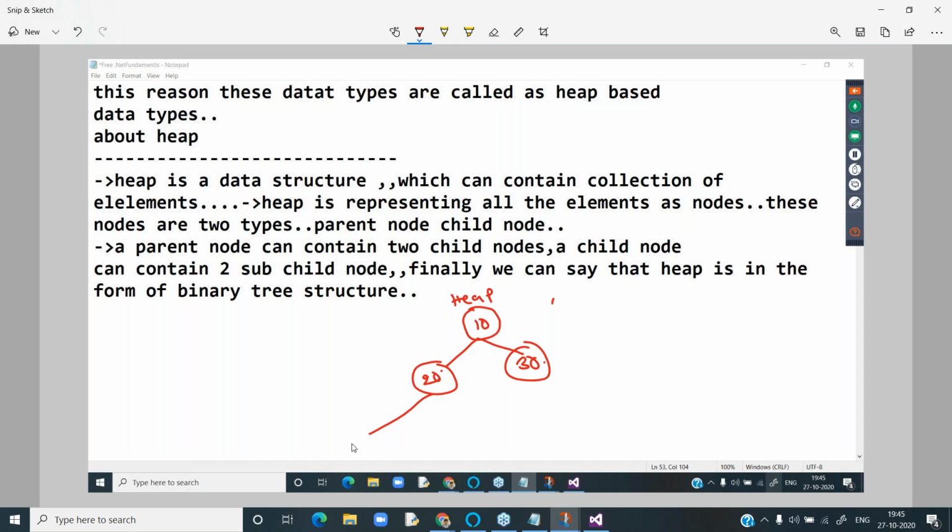It will not contain the actual value. It will contain the address of the value. Let me show you that diagrammatical representation.